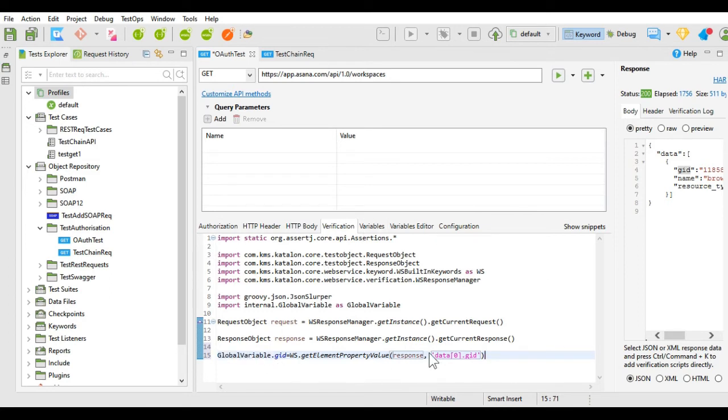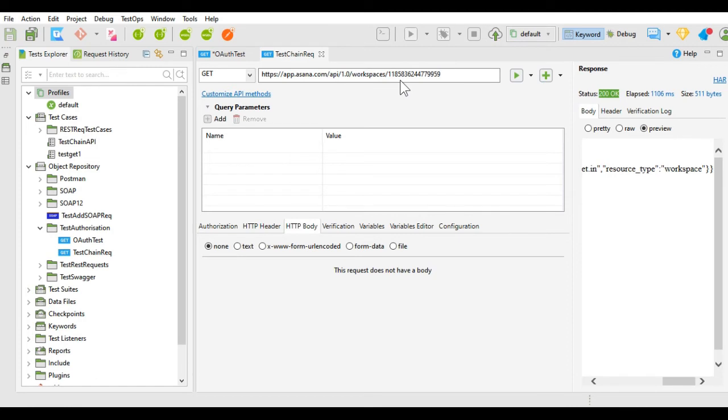Now here what we have done, we have executed the get all workspaces request. From all the workspaces, whatever is our workspace, we have taken that workspace gid number into the global variable, and now we are going to use this gid number in our test chain request, where we are requesting only a selected workspace.